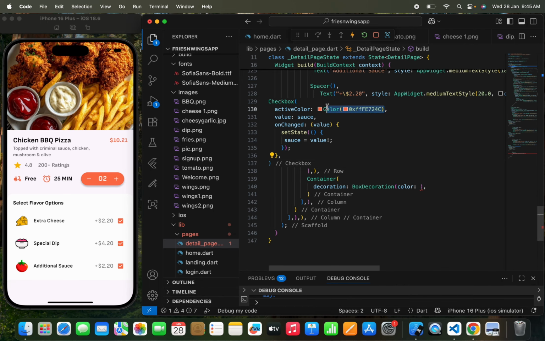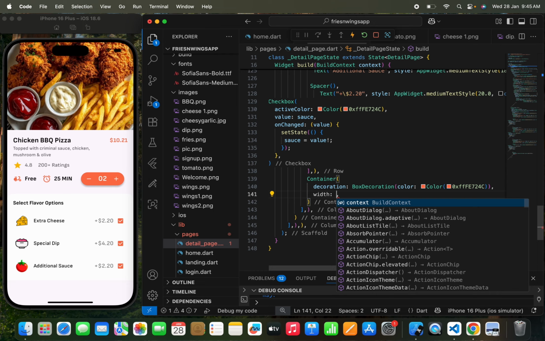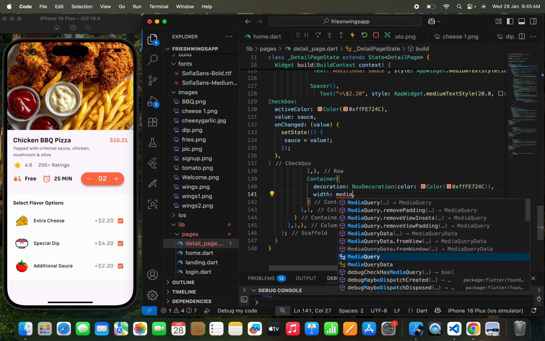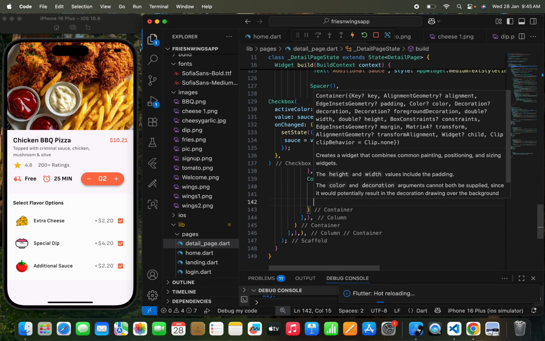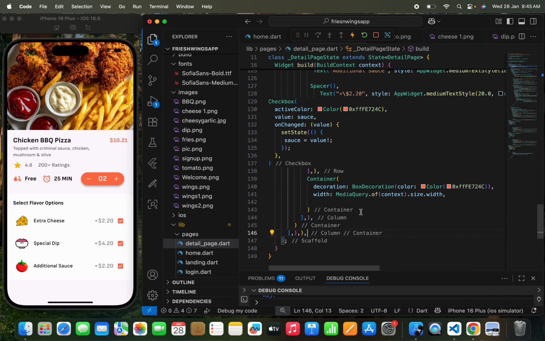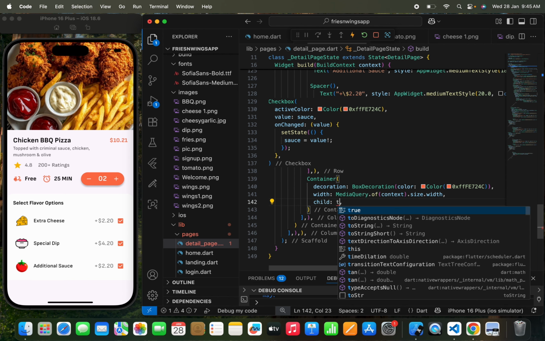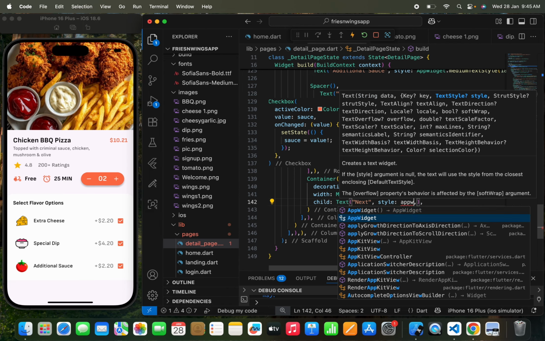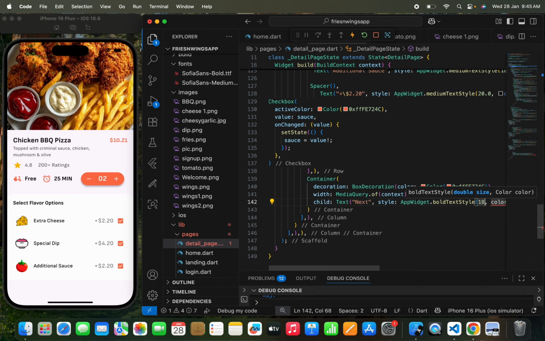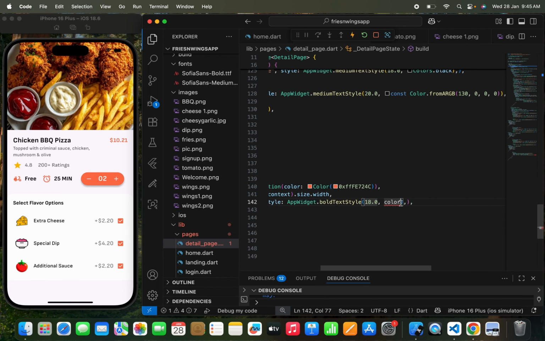In the color, let's copy this color code. Let's directly paste this over here. Width, we are going to just use media query. Right, so let's write a child text widget. In the text widget I need to just write next. Let's pass the style in our widget class dot bold text style 18.0, and we are going to just pass,